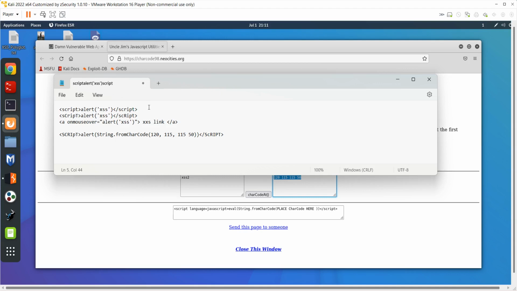We are using the same thing but in a different way. I'm using script here, and script also with caps lock on and off. Then alert, what I'm alerting, XSS2. So this is the encoded code, and here this is String.fromCharCode. This is a function which tells you this is the converted or encoded code, right? So you can copy this code here